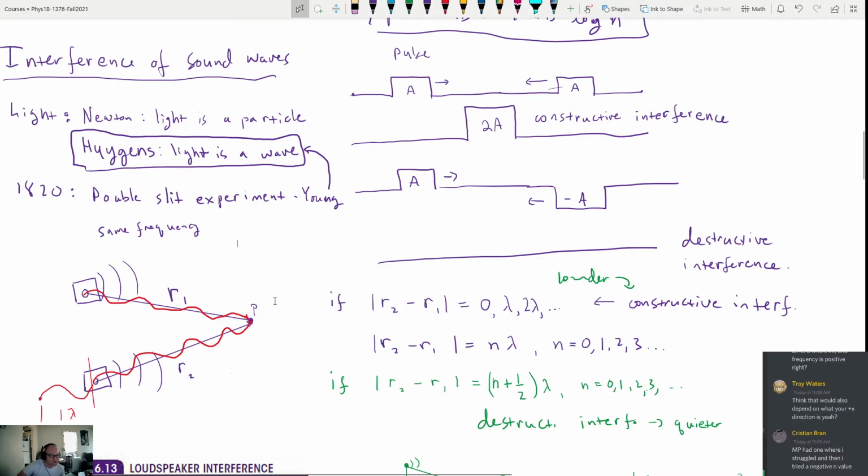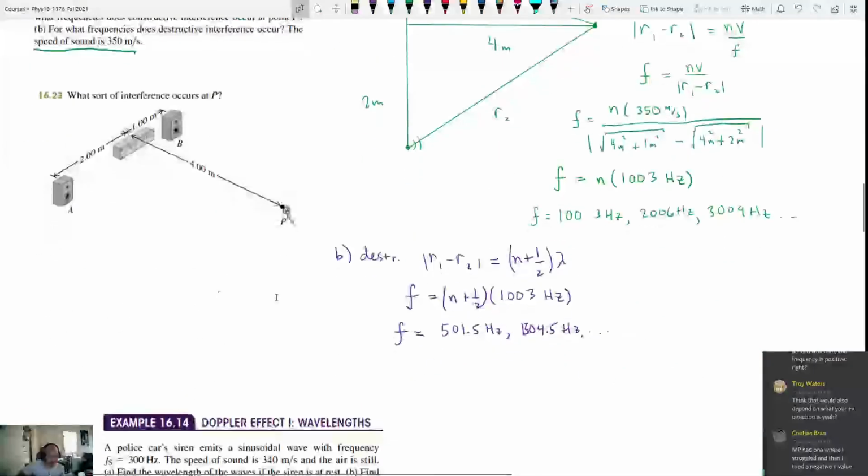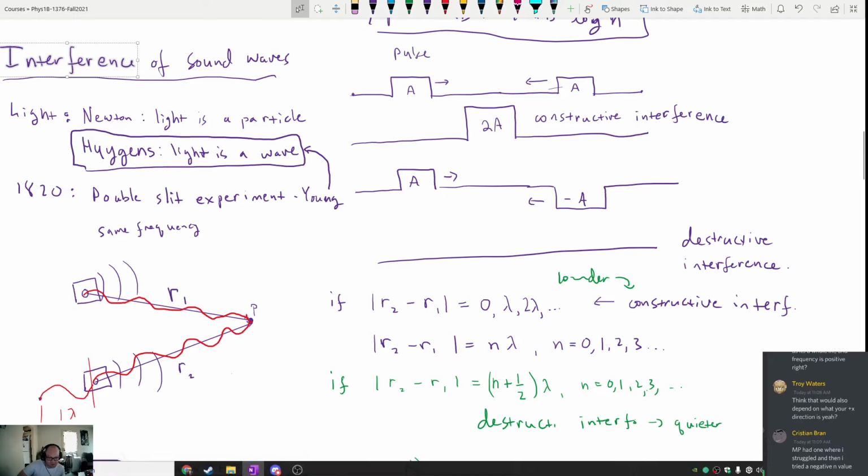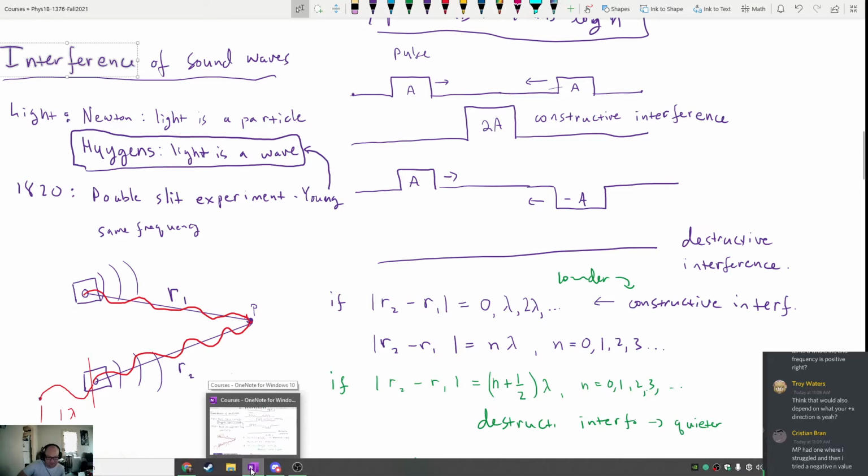I still like to think it's just a wave, because what is a particle? We're learning more and more that we don't really know what particles are, and things that are particles actually exhibit wave properties. And one final thing to say about this interference thing, which is one of the most interesting things in the history of science, is that eventually someone got around and they tried the experiment that I just described